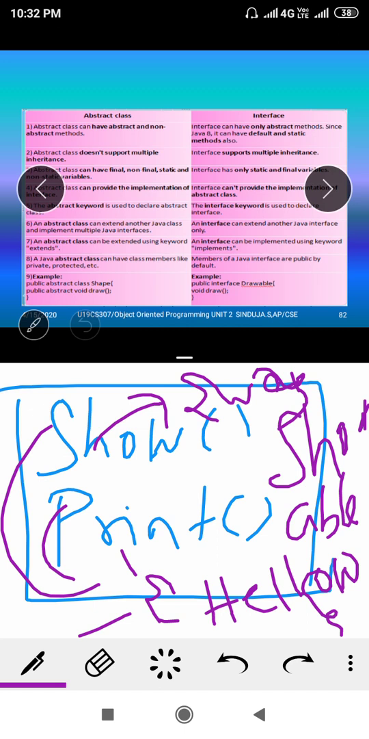That is not possible, but a class can implement an interface. Abstract classes are extended using extends, but interfaces are implemented using implements. Here we use extends, there we use implements. Abstract classes can have class members like private and protected, but in an interface everything is private. Okay, in interfaces by default